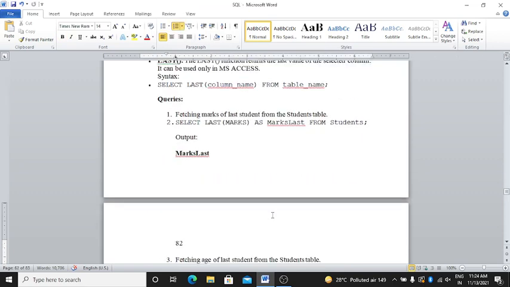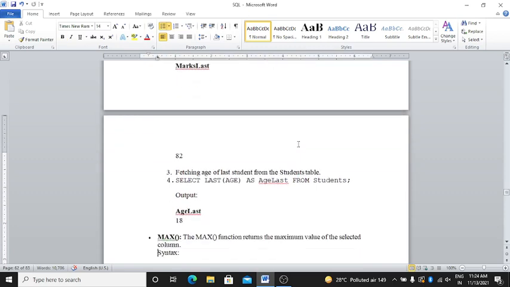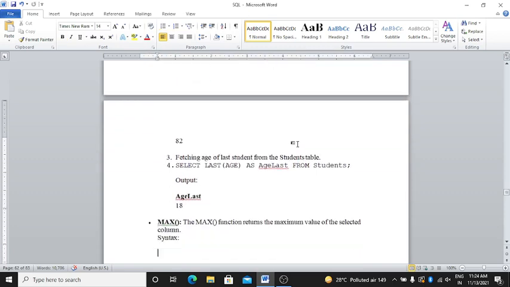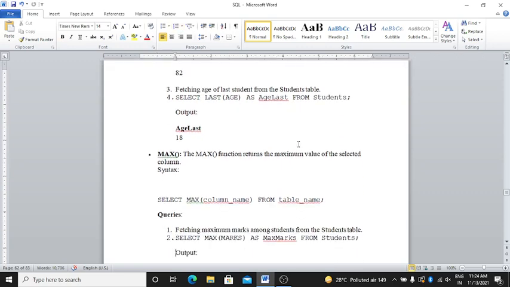Query: fetching the marks of the last student from the student table. Select LAST(marks) as mark last from student. Output: mark last is 85. Select the age of the last student: select LAST(age) as last age from student is 18. Clear?